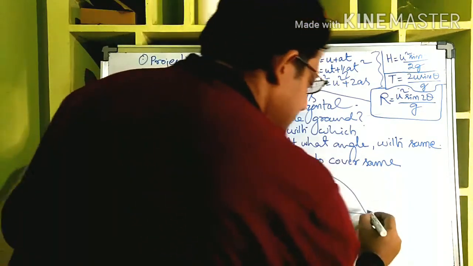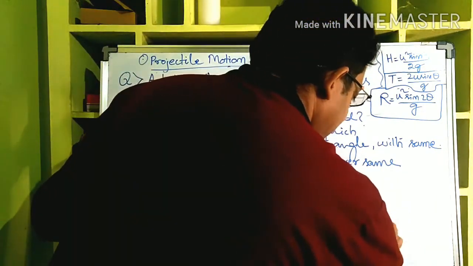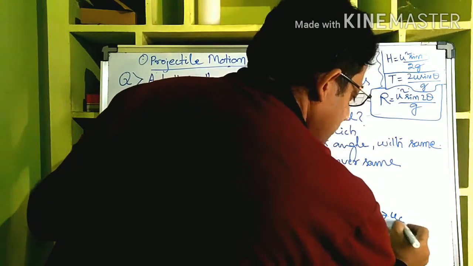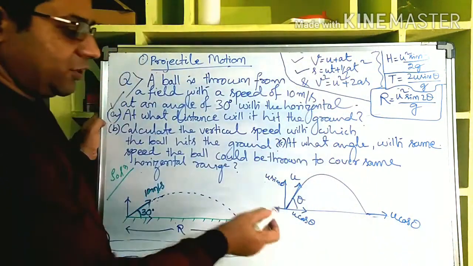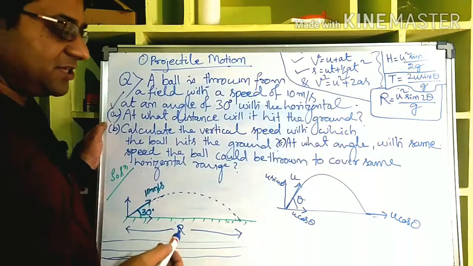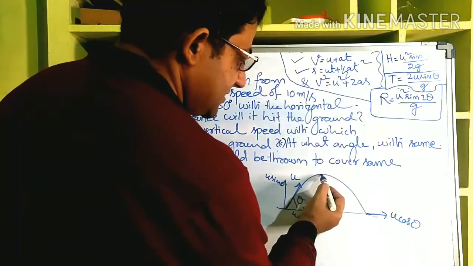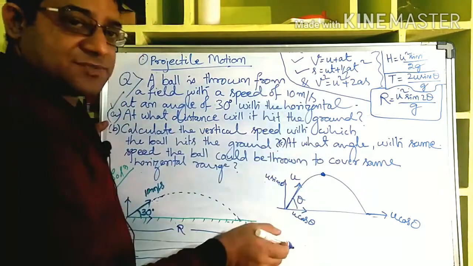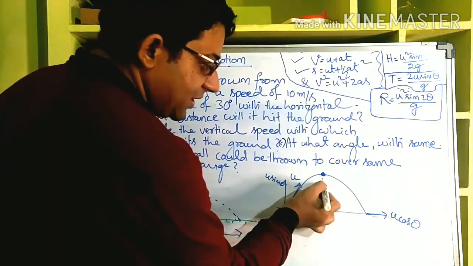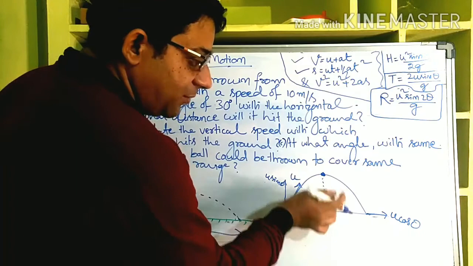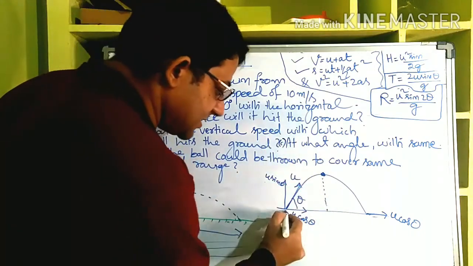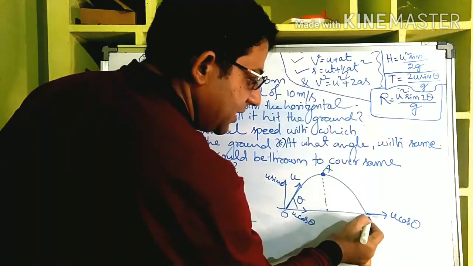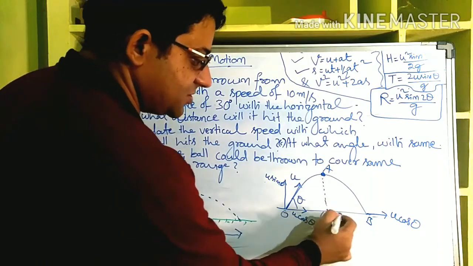Now when it hits the ground, the horizontal velocity remains the same, that is u cos theta only, and we know that only the vertical velocity is changing. Now see, when it reaches the maximum position, the highest position, the vertical velocity becomes 0 already. Now we will consider only the vertical motion in which it is falling. Let us take some names. So O, A, and at B it is hitting the ground. Let us say this is the ground.